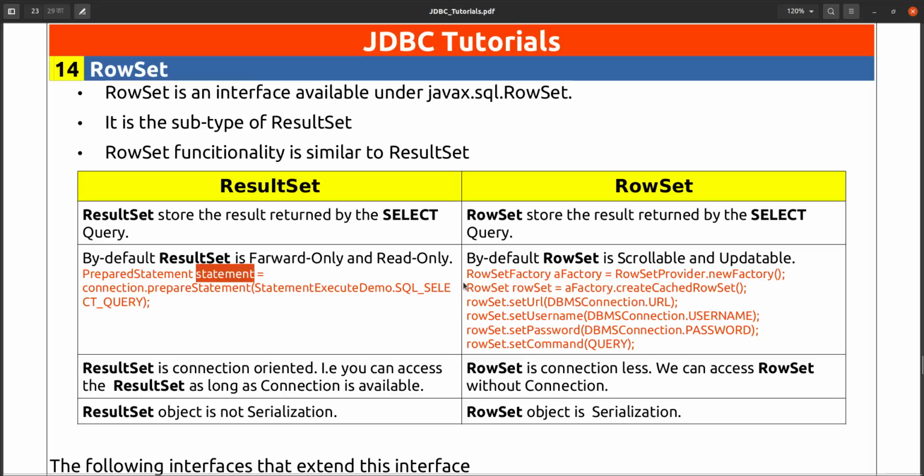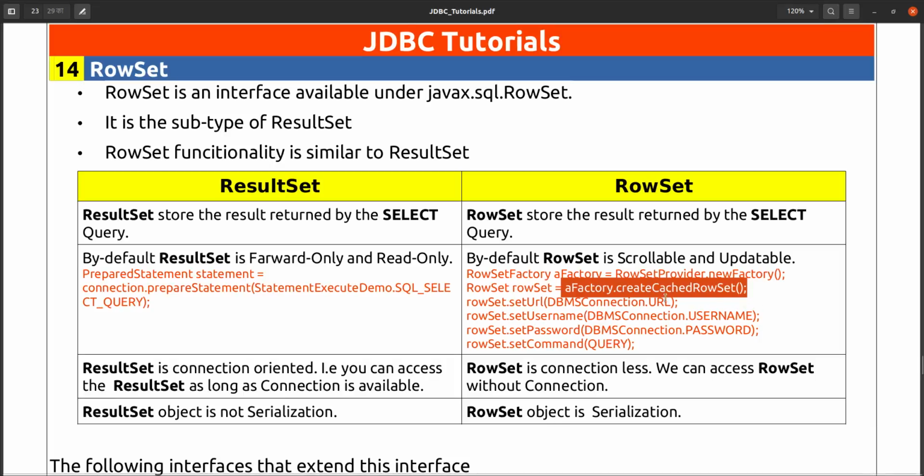What we have to use is the row set factory class, RowSetProvider.newFactory, and from this row set factory we can create using factory.createCachedRowSet, because row set has some different implementations: JDBC row set, cached row set, web row set, something like that.